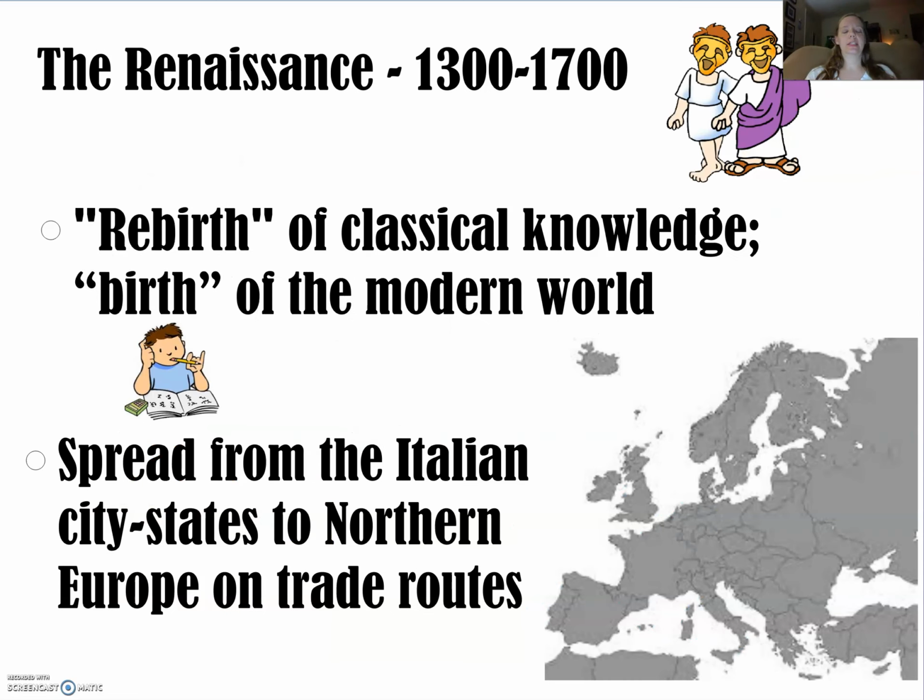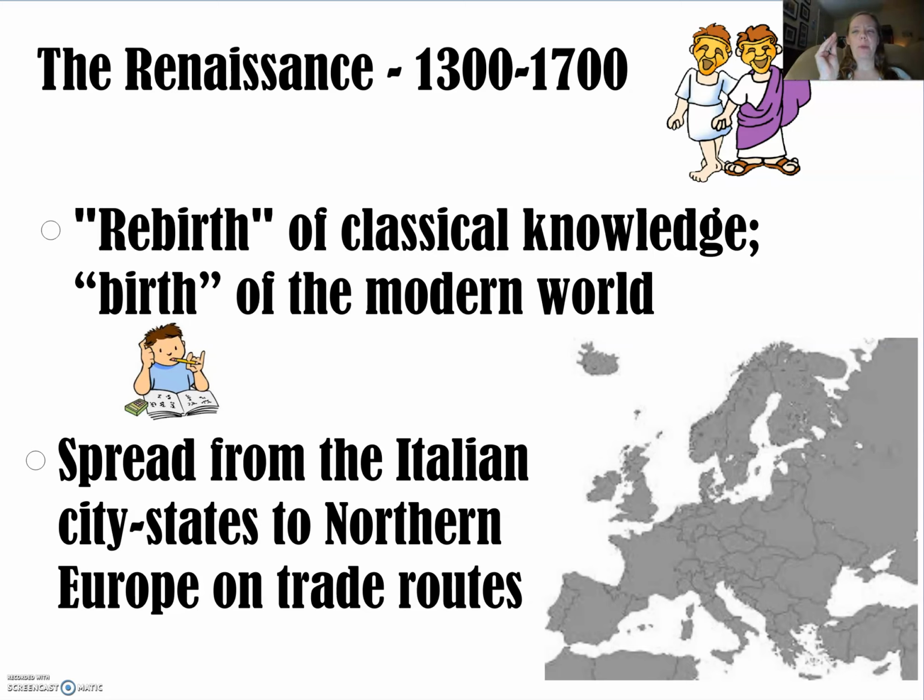So what I have listed here in your notes is that it's from 1300 to 1700. That's a very broad basis for the Renaissance, mostly because it's not an event, right? It's not something where, boom, this event happened and therefore this is happening. Say, if you think about World War II, Hitler invades Poland, Britain and France declare war, and the world is at war, right? That's not a thing that happens in the Renaissance. It's art and it's culture and it's an evolved process. So this is a very long date range.